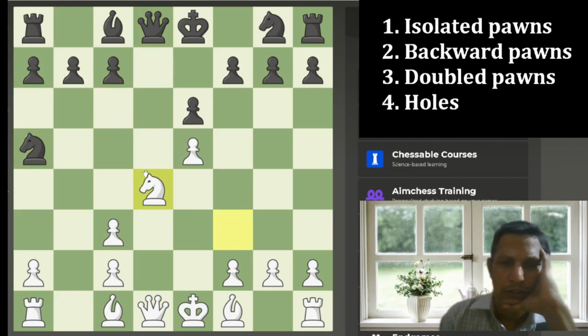So in this situation, the weak square is c4. c4 is a weak square because it is protected by the bishop. So if the bishop was not there, that could have been a good place to place the black knight